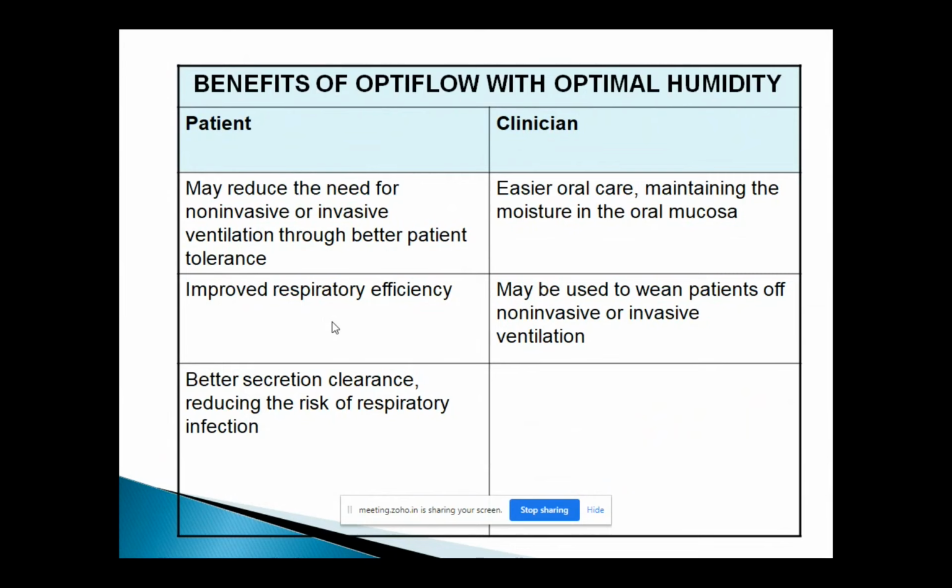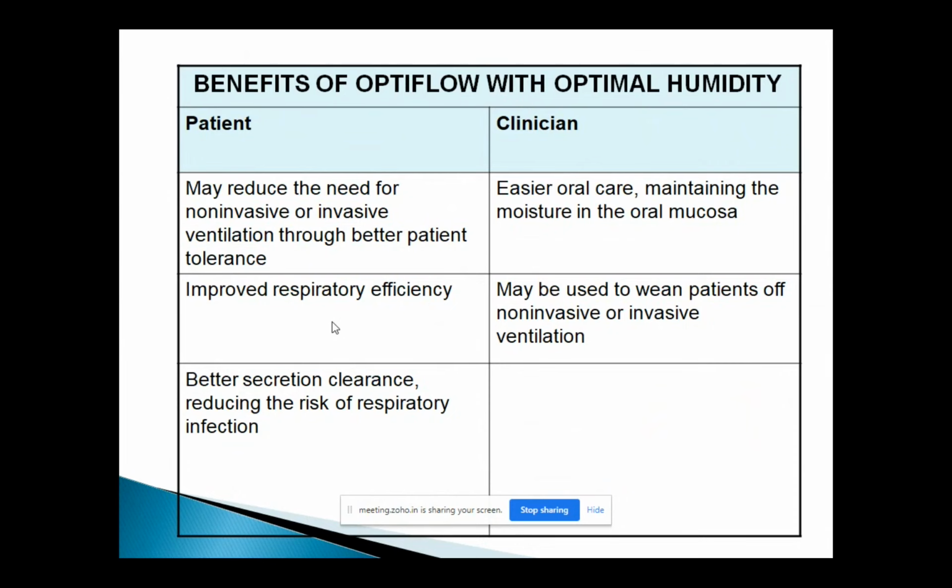So the way we wean the patient from non-invasive ventilation, we keep the OptiFlow ready. We take them off, and try them on OptiFlow for 2 hours. If we feel like they're getting tired, or if their carbon dioxide level goes up, then we will switch them over to non-invasive ventilation. So you can alternate the treatment, and then you can slowly see the amount of time they're spending on OptiFlow is getting longer, and the non-invasive ventilation is getting shorter. And then you completely stop the non-invasive ventilation, and continue them on OptiFlow for a few days.